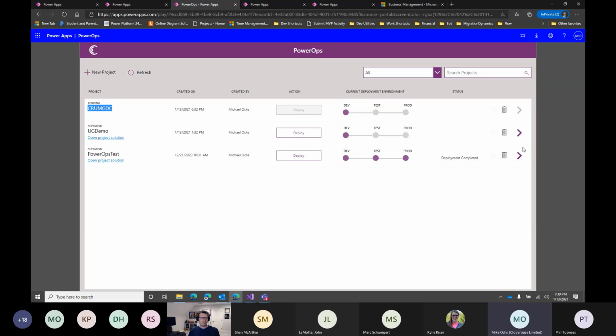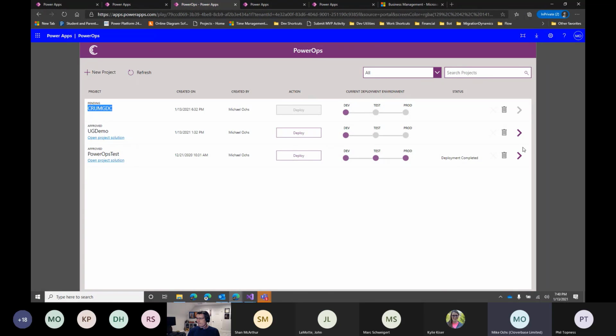Power Ops is built on top of the GitHub connectors. So currently Power Ops is GitHub focused, and Power Ops Plus is Azure DevOps focused. Mark's going to show the difference between the two, but I just wanted to run through this, since it's publicly available and something you can get started with on the GitHub side. The GitHub connectors were just released in December alongside this reference application. So it's brand new, and there are some limitations in the GitHub workflows and actions that Azure DevOps does have support for. So I'm just going to run through this real quick.